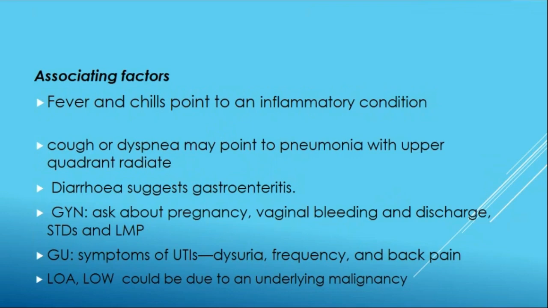So history is the key point in diagnosing acute abdomen. The loss of appetite and loss of weight is very important. That's actually important in chronic abdominal pain patients, not in acute abdominal pain, but you can't neglect it. When do you get loss of appetite and loss of weight? Mainly in malignancy. So patients who have chronic abdominal pain might have loss of weight and loss of appetite. That means probably malignant.